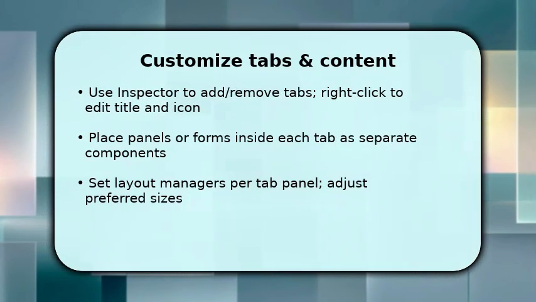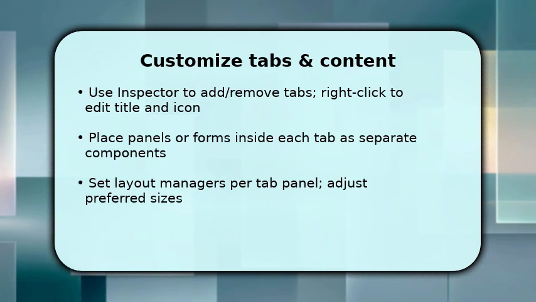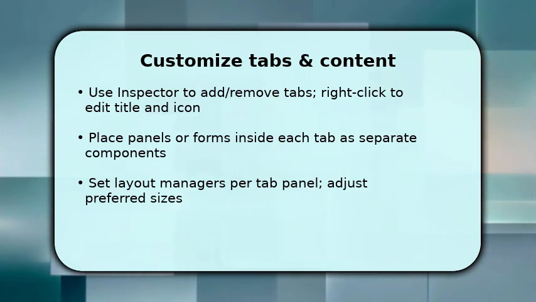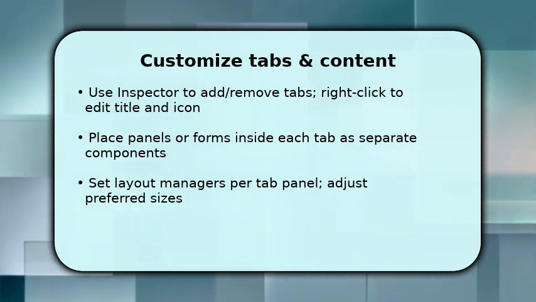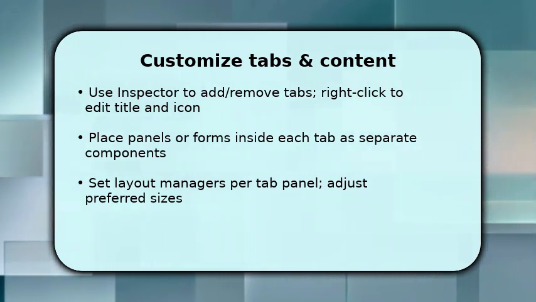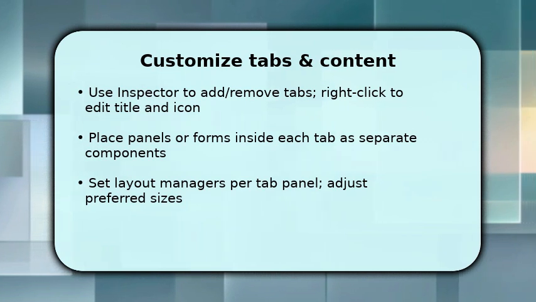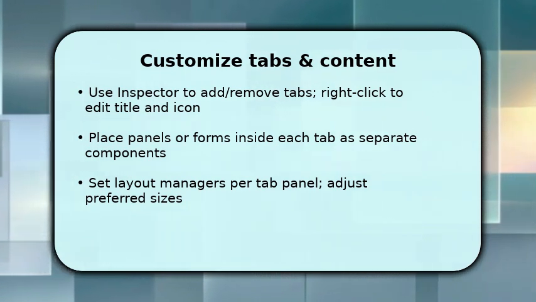Now you focus on the middle work, structuring each tab and its content. You add or remove tabs via the inspector or by right-clicking the JTabbedPane, edit the title, tooltip, and optionally an icon. For each tab, drop a JPanel or a custom form, then set its layout manager to suit your UI